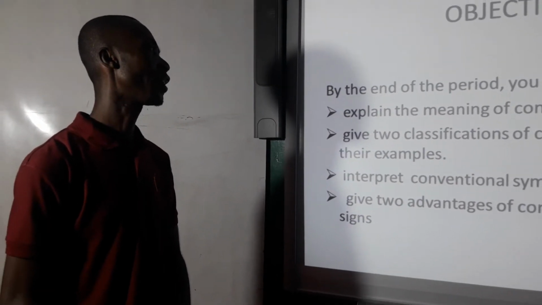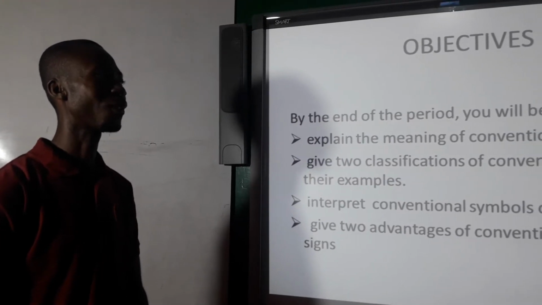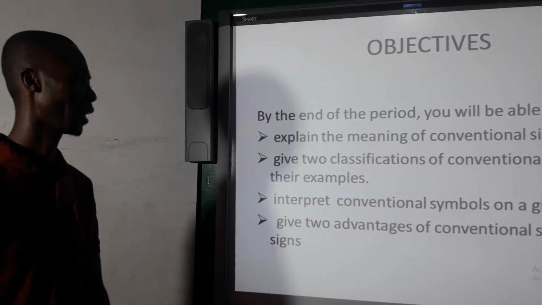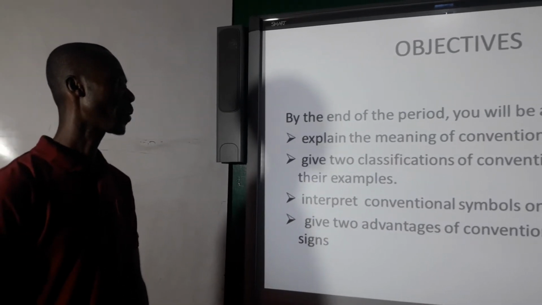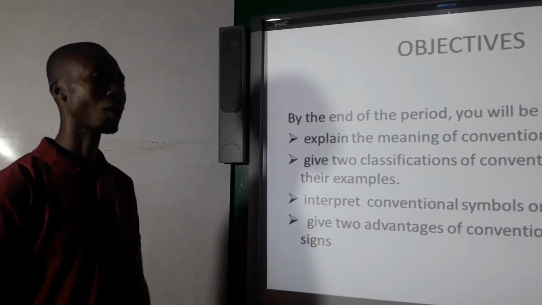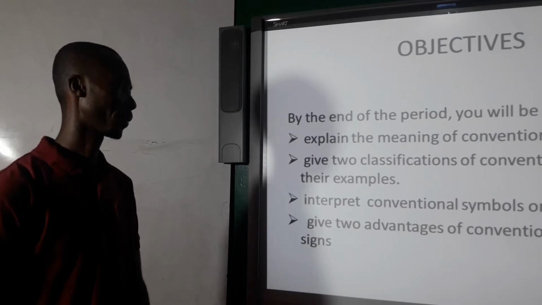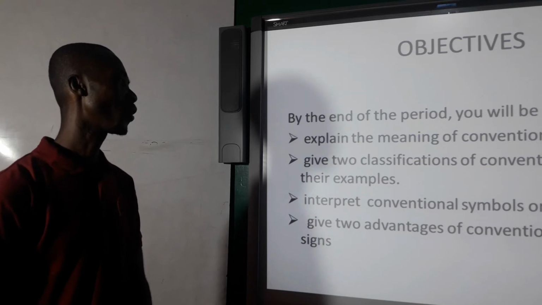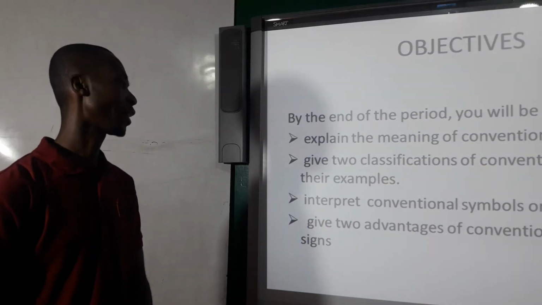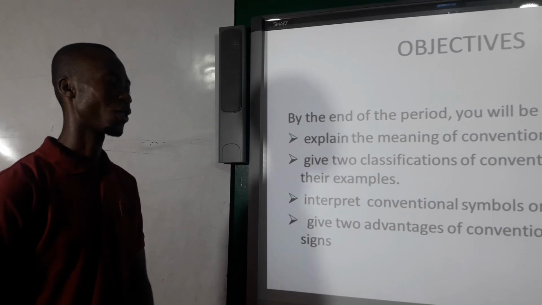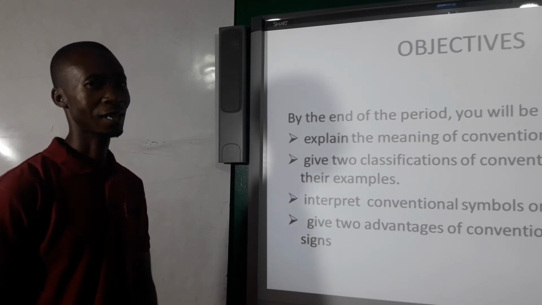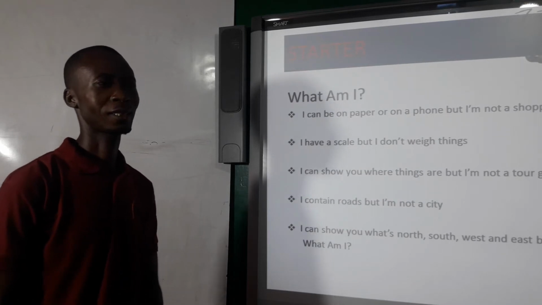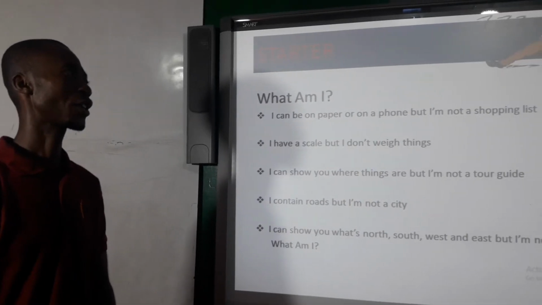Give two classifications of conventional signs and their examples. 3. Interpret conventional symbols on a given map. 4. Give two advantages of conventional symbols or conventional signs. Good. Before we start, let us refresh our minds